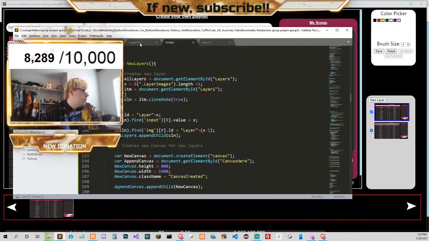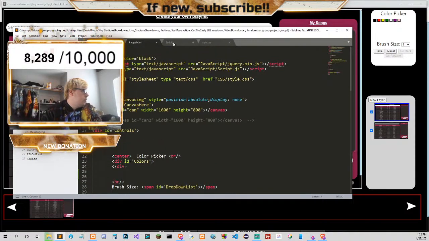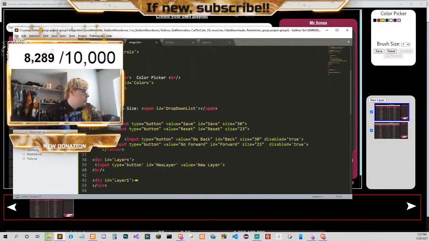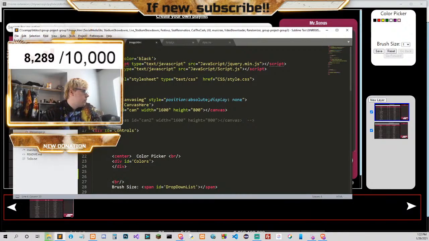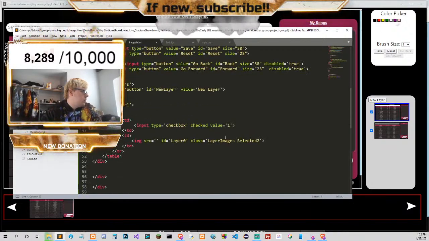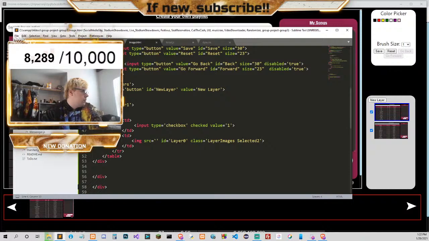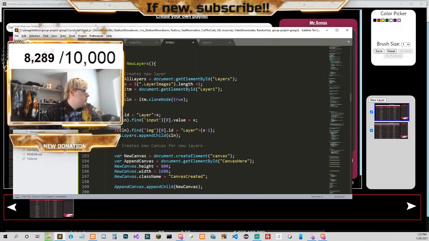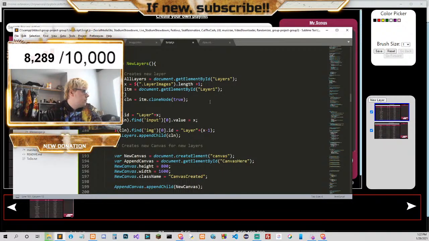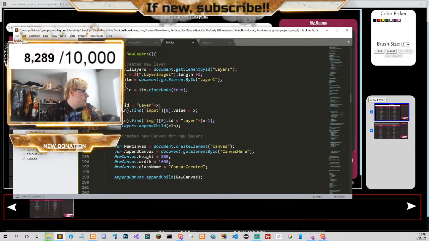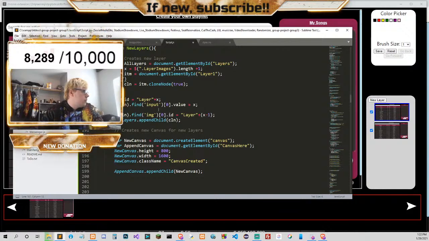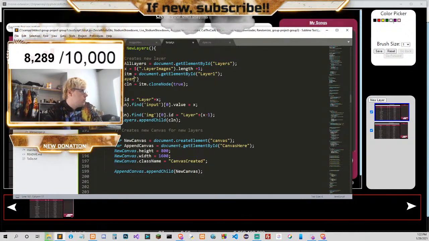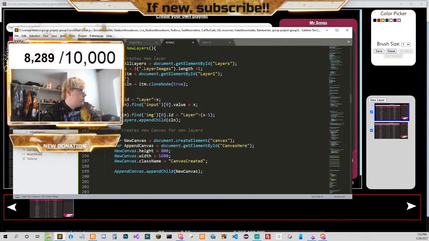It's gonna add the class, but we're going to remove the class from here. So when it says layer 0, we're actually just gonna remove that class. So we're gonna do this layer 0.